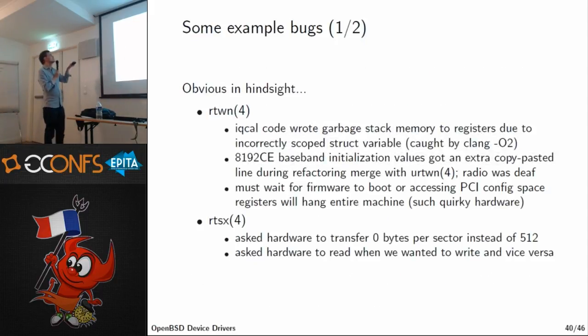Some of them were recently fixed. So for example, the RTWN one here, the first one, what happened was that somebody reported that the Wi-Fi interface had stopped working, and eventually I figured out that if I compile it with no optimization, it works. And then the assumption was, okay, we switched to Clang recently, so something must be broken in Clang. People told me, isolate the function in the file which is causing this problem, and then we'll look at the assembly and figure out what it's doing.